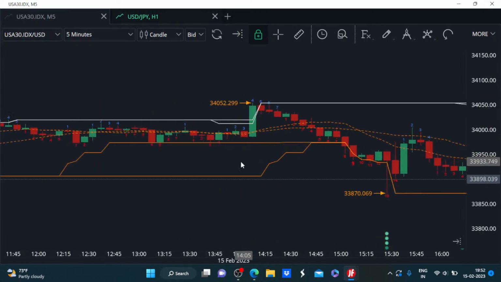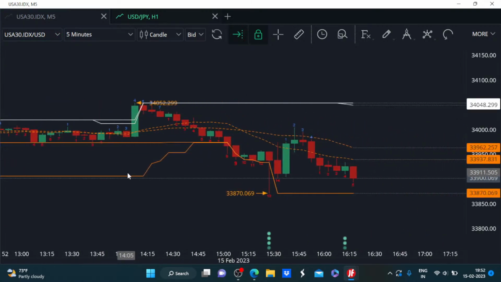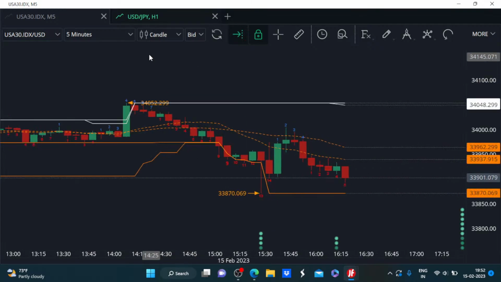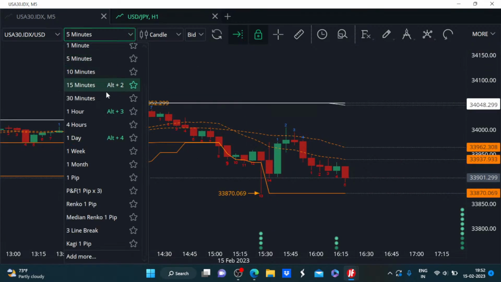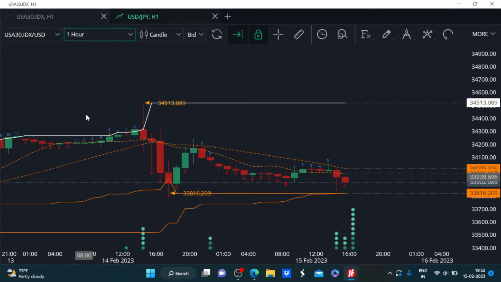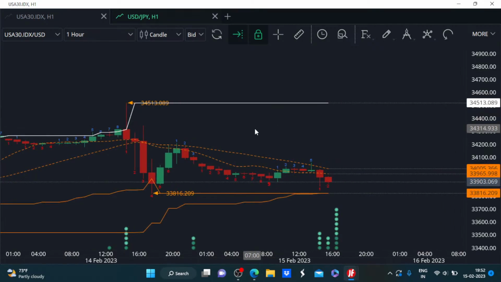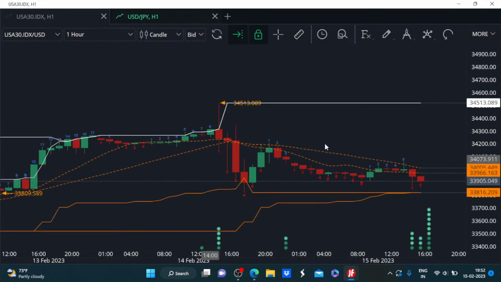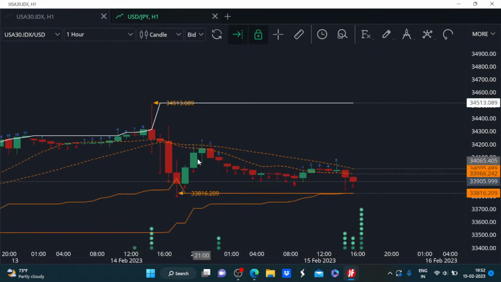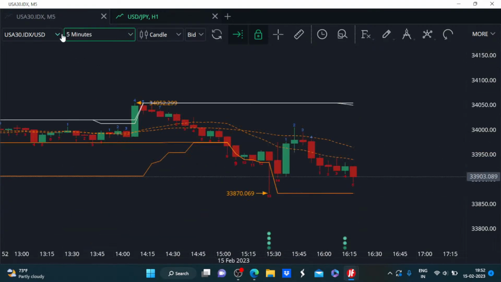Looking at the currency segment, there is not much clarity on the equity side. If we look at the Dow Jones Industrial Average charting, the underlying momentum is sideways with a bias on the bearish side, with a formation of lower high and lower low likely to form if it crosses below this 33,800 mark.